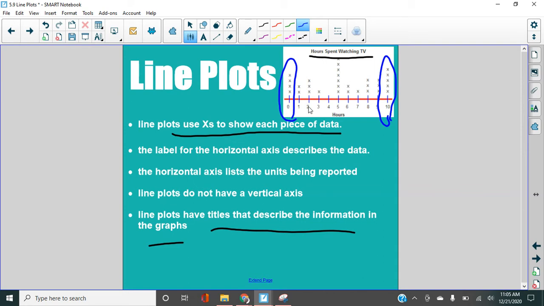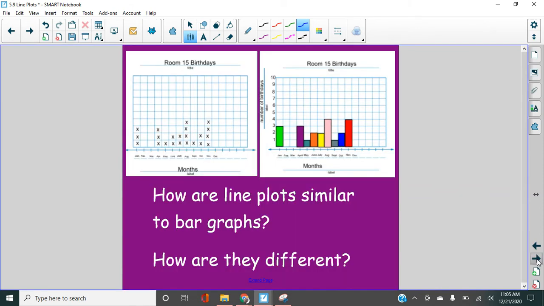Now, sometimes we ask what is the most common answer. Now we're looking for the tallest stack. The most common, or the most frequent answer, or the answer that had the most responses. So you really have to think about the question that somebody might be asking. We are going to look at this. If we have